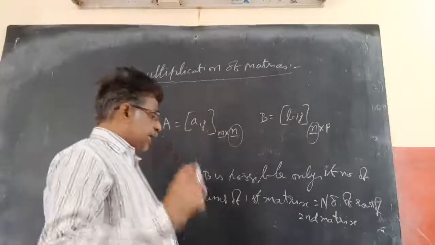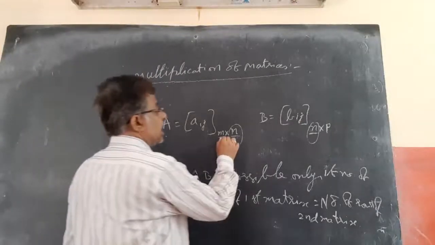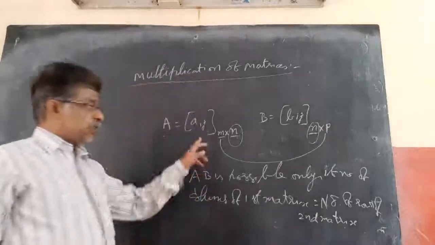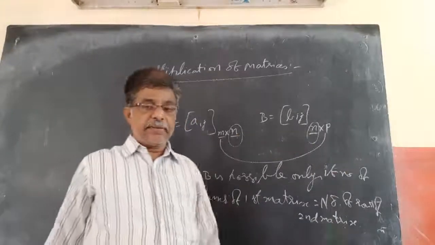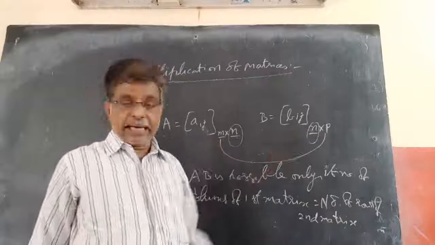And the resultant AB is of size: the number of rows of the first matrix by the columns of the second matrix. That is m by